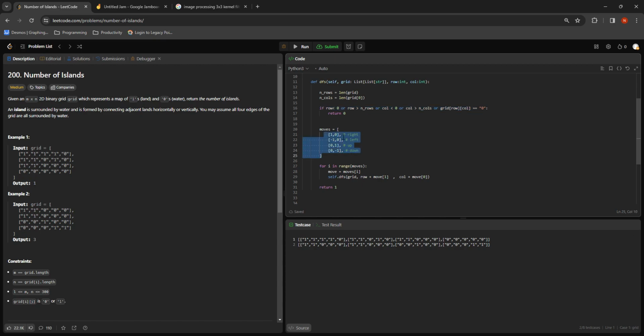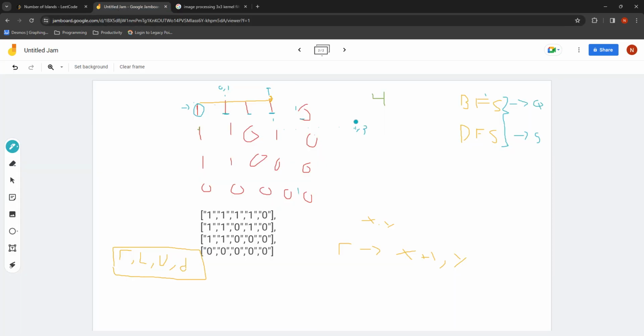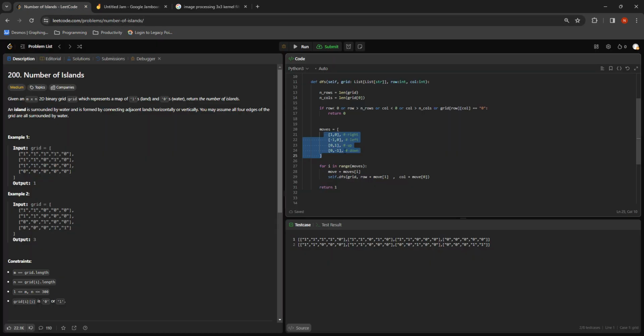For that cell, we're going to check, okay, we can move right, for example. So in this case, we can't move right as it's water, we can't move left, right? We can't move down because it's water, we can't move up because it's water, right? So we're at this path. So basically, since it can't move, we start like, you know, returning here, right? And